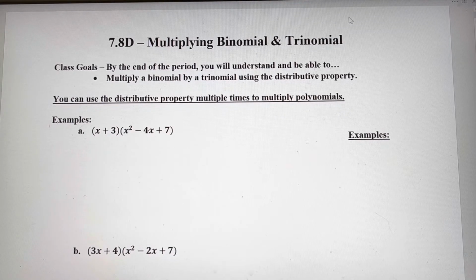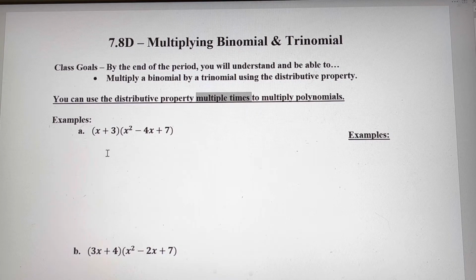Right, so in this video, we're going to be multiplying binomials by trinomials. Okay, so you've got a binomial here, x plus 3. We're going to multiply it by this trinomial, x squared minus 4x plus 7, okay? We're just going to use the distributive property, okay? We're going to use it multiple times to help us do this. In the end, we're probably going to have to combine some like terms. You don't always have to do that, but most of the time you're going to, especially with the ones we're